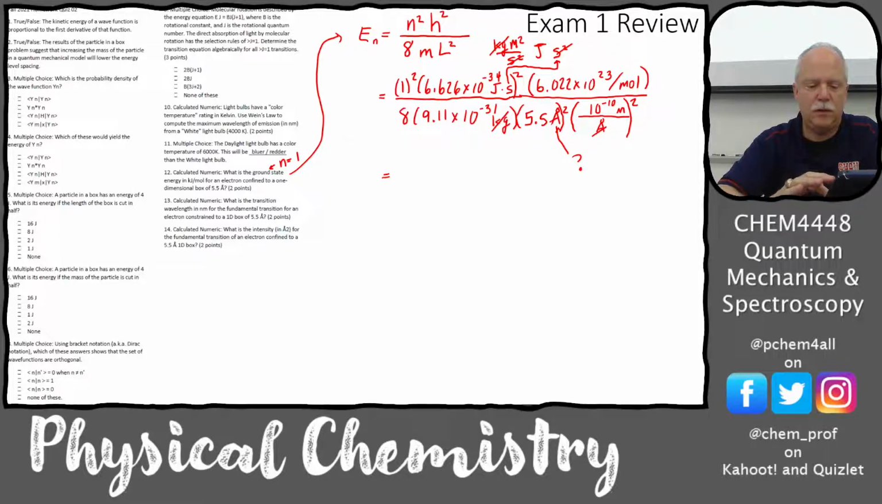So I have 6.626 E minus 34, change sign, enter. I'm going to square that guy. Let's see. Times